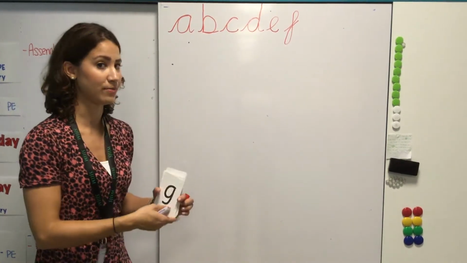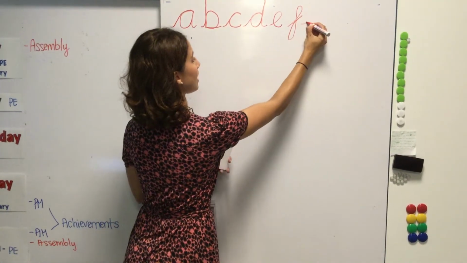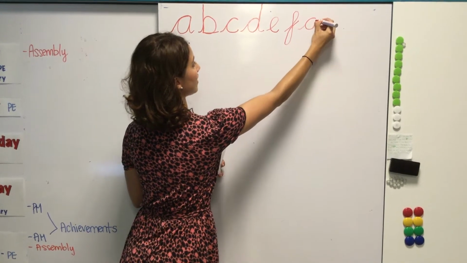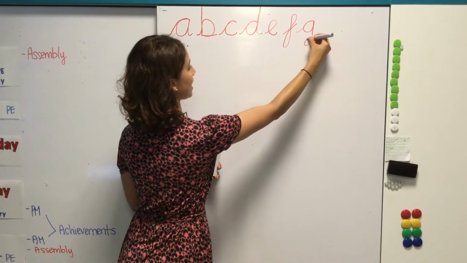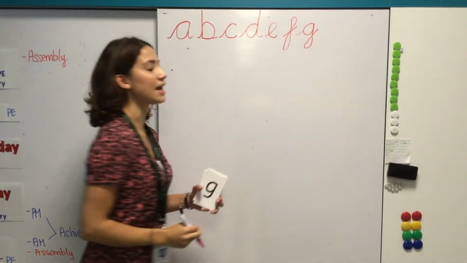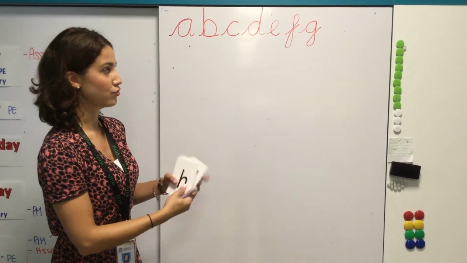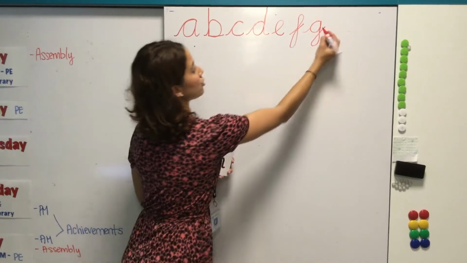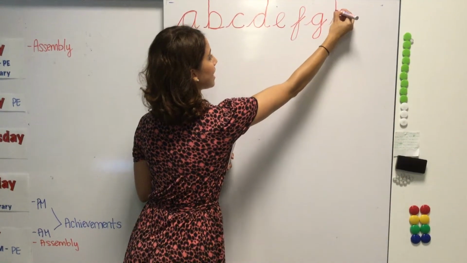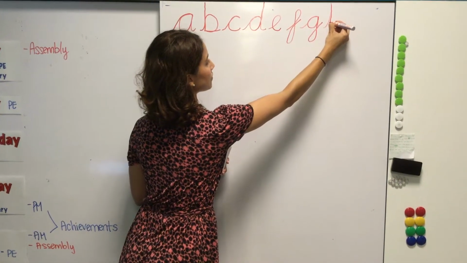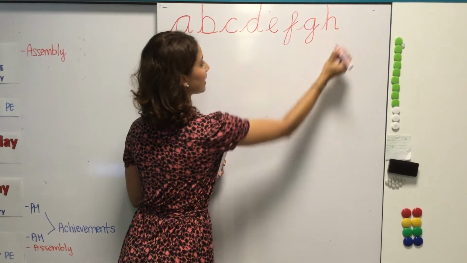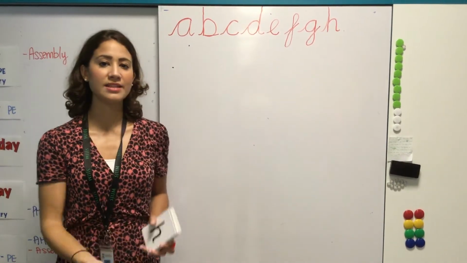To write the grapheme G, you swoop up, around the girl's face, down her hair and give her a curl. The action for this phoneme is g, g, g, g, g. To write the grapheme H, you swoop up, down the horse's body to his hooves and up over his back, flick. The phoneme action for this is